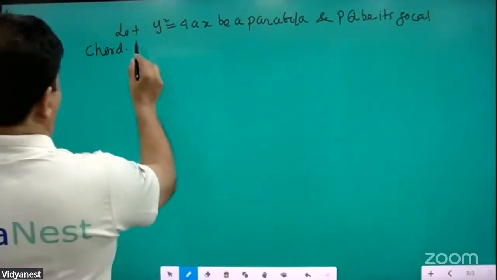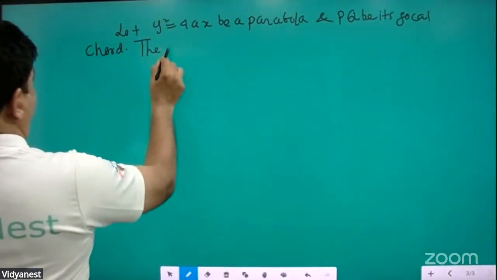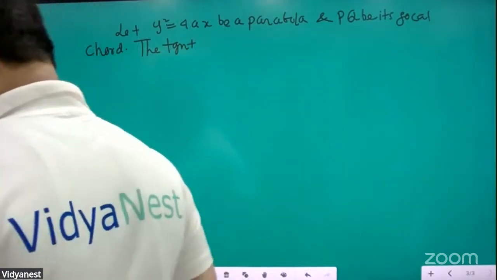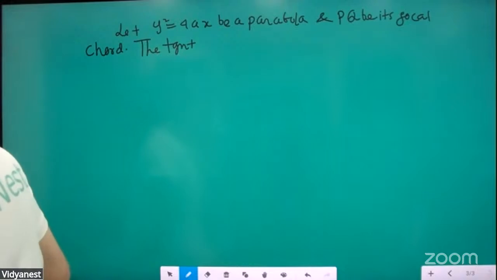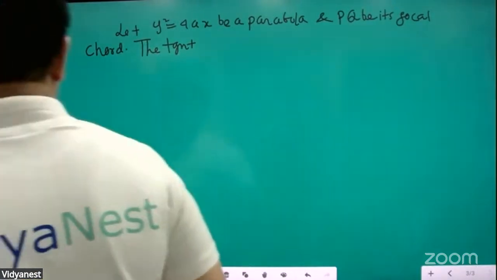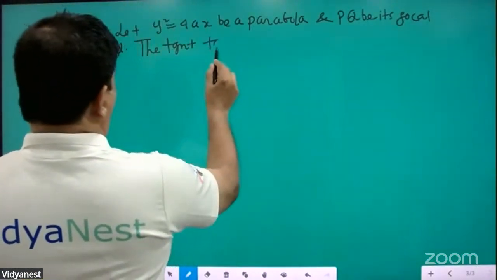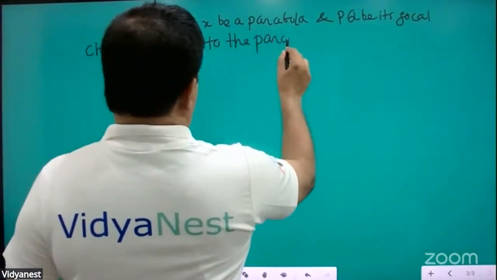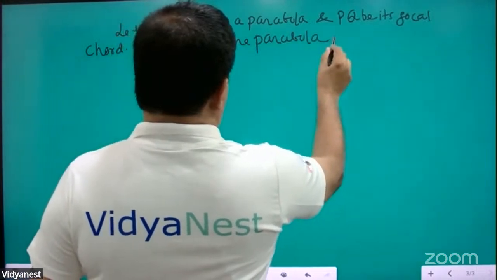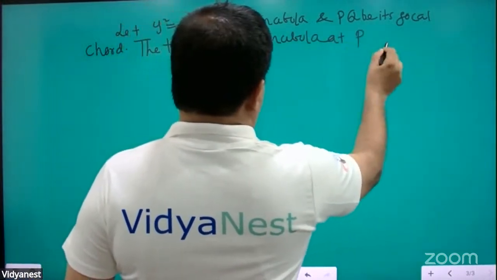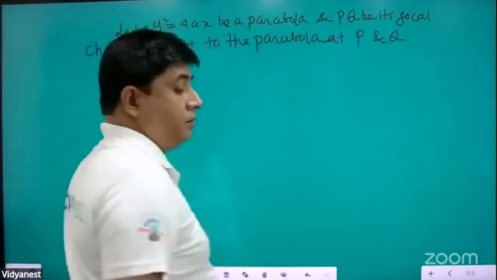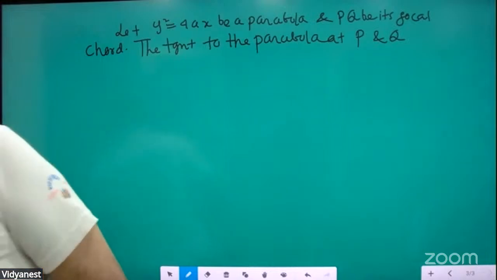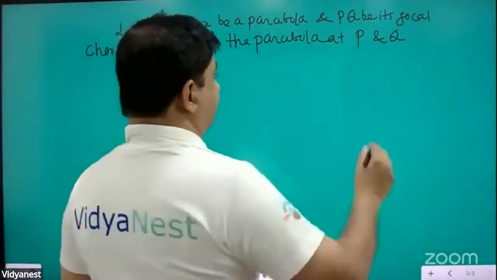Now, the tangents to the parabola at points P and Q meet at a point